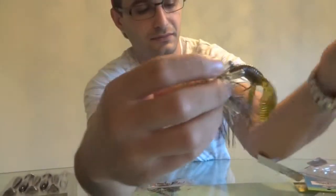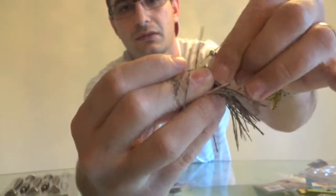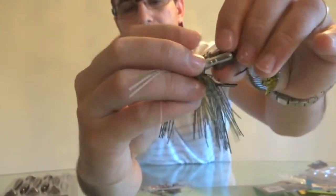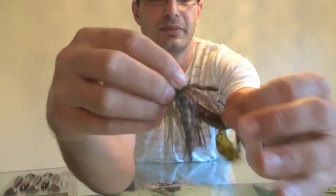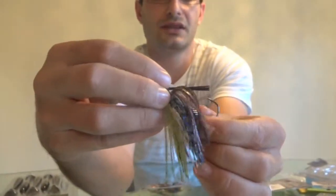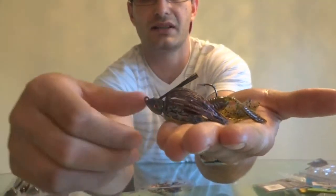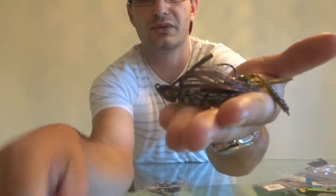So what I do is I just push it on, and I'll just press this in, and it just keeps it. And like I said, I'll use the bluegill pattern on a little bit stain or clear water, most of the time on clear water. And this type of setup, again, I'll just fish real close to the bottom on the rocks. And these Strike King and Booyah swim pretty well,